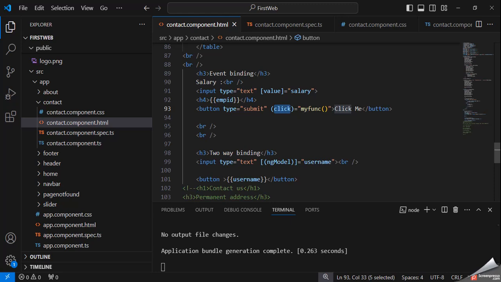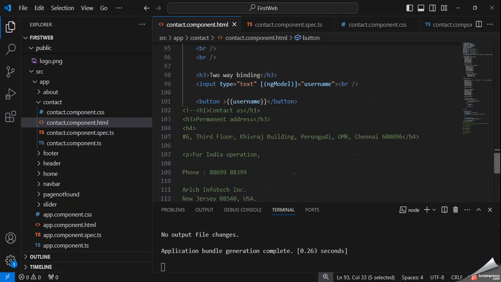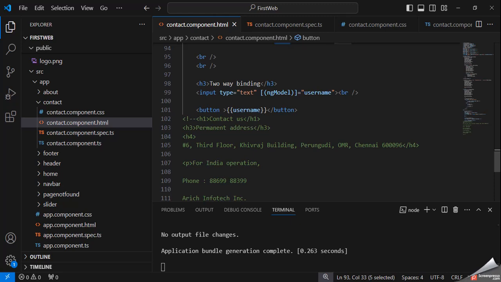But in two-way binding, we get the value from HTML to TS and TS to HTML. For this purpose I am using an input tag, because on a website we have only one option to get the value from the user end, that is a form.